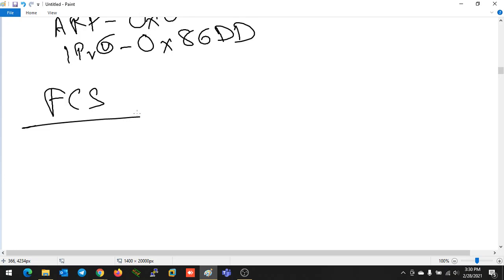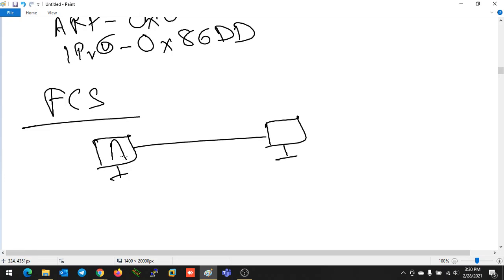So right now, this device is going to send some data to this device. This is my device A, this is my device B. The encapsulation process has been completed till layer 3, and the Ethernet header has also been attached. Before sending the data, if my device sends some size of data and this device is not receiving all of it, that means some data loss has happened. In TCP and IP you found the checksum concept I told you; here the same concept is going to happen.